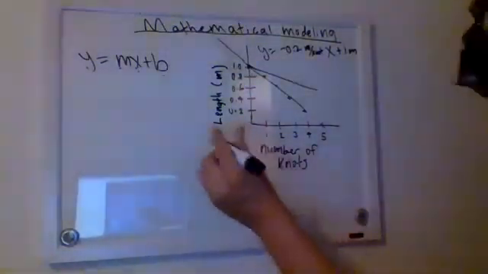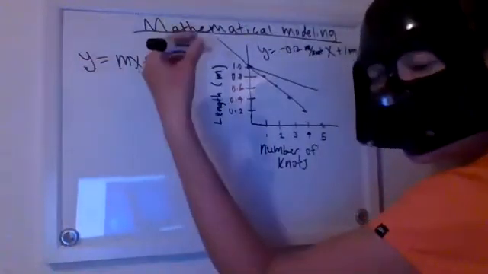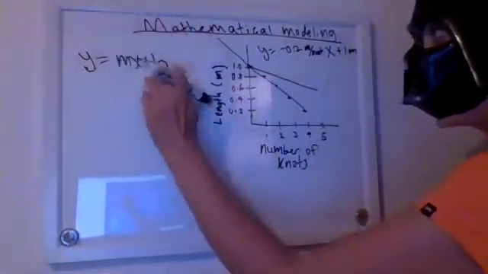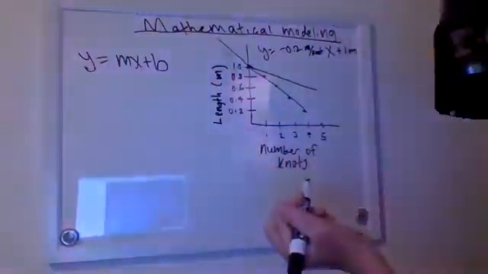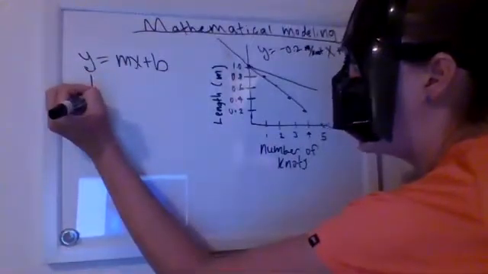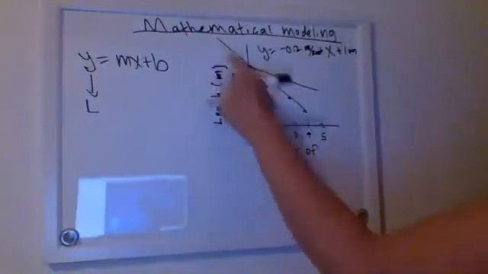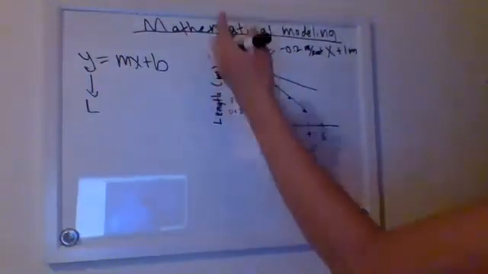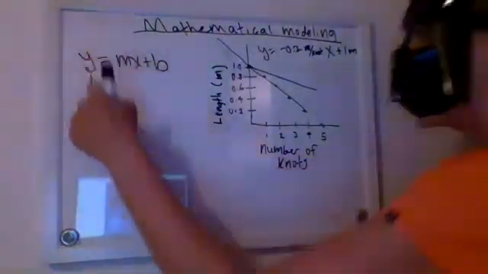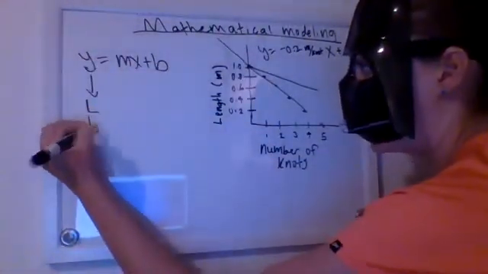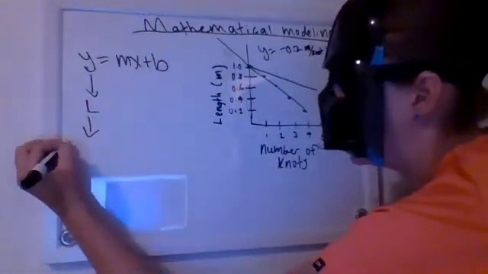So what we do is we start with y equals mx plus b, and we're going to try to find the meaning of each of these variables. What does y mean? What does x mean? So y and x are actually pretty easy. Y turns into, well, what is it that's graphed on the y-axis? It's the length. So y just means the length of the rope. So y can turn into L, and then we want to be careful that we also define the variable that we're using. So L stands for length